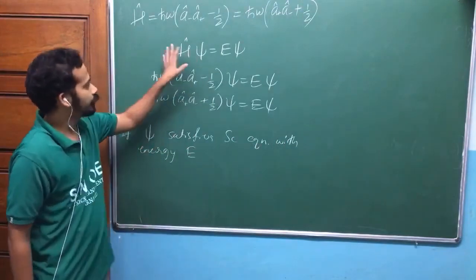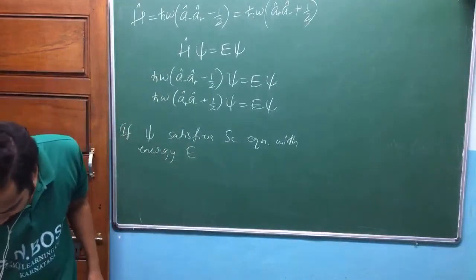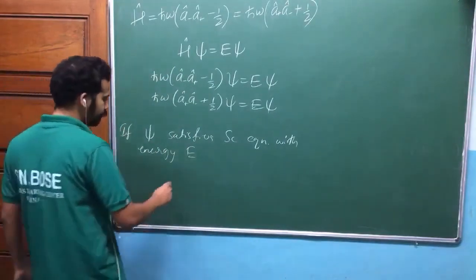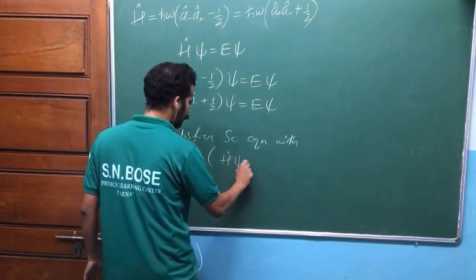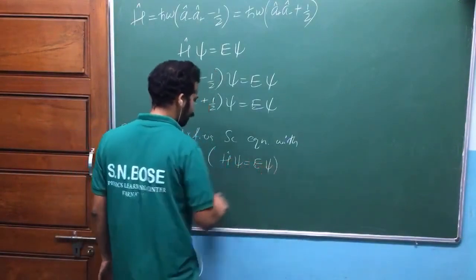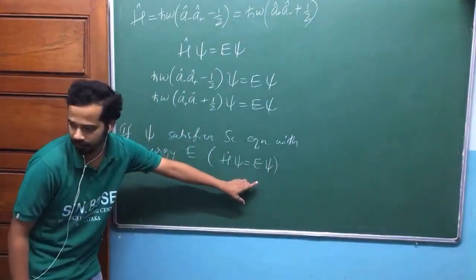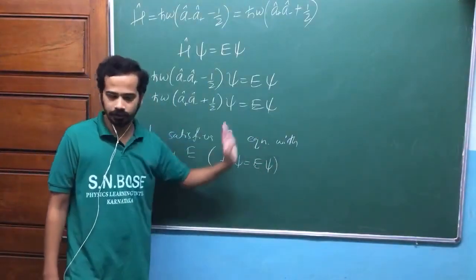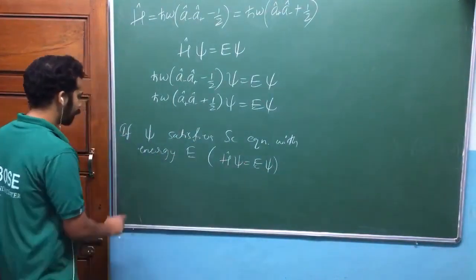Again, this is a kind of Schrodinger equation. If psi satisfies Schrodinger equation with energy E, so what do you mean by that one? H cap into psi is equal to E into psi. If psi satisfies Schrodinger equation with energy E means, if you operate H cap on psi, you should get E into psi. We call E as energy, isn't it? Then